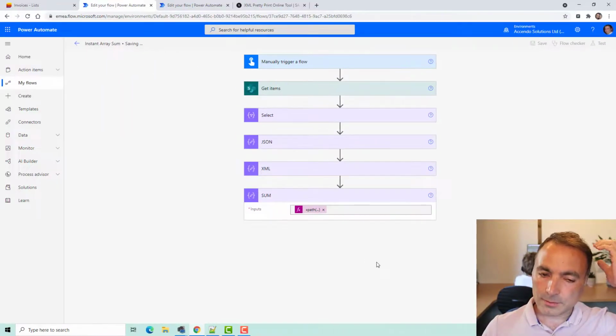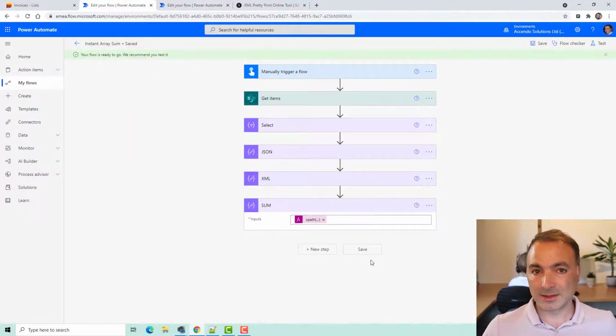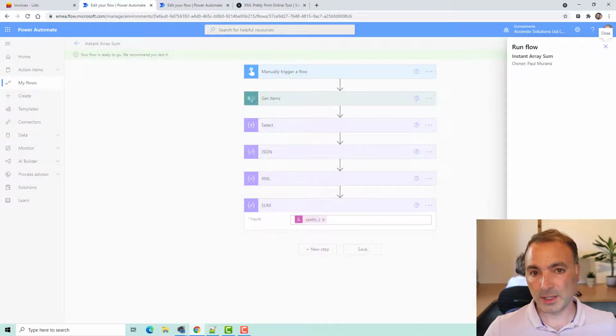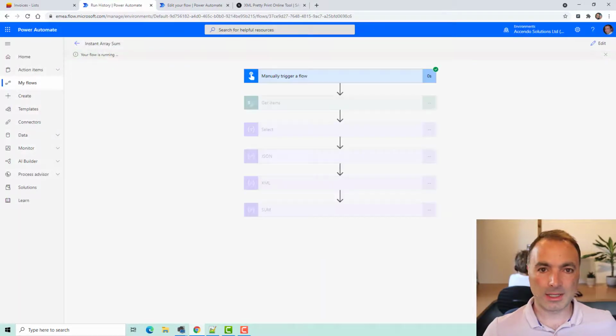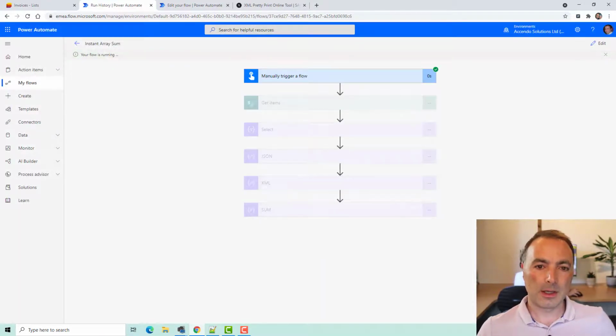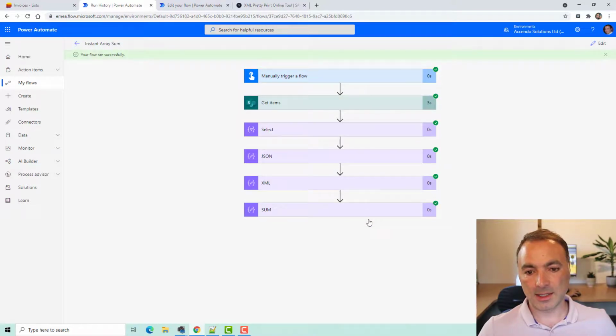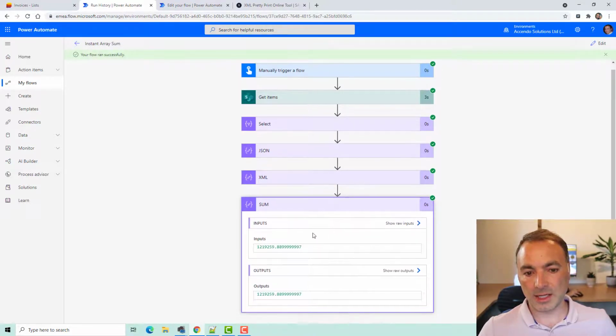Now, the code for this, and there isn't a lot of it because it's very simple, is on my blog, which will be in the description, and you can just go to my blog and copy this out. You'll see that this should finish instantly, and there we have got our sum.